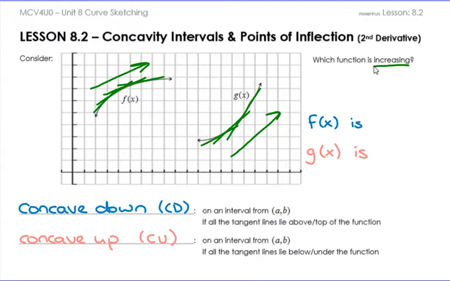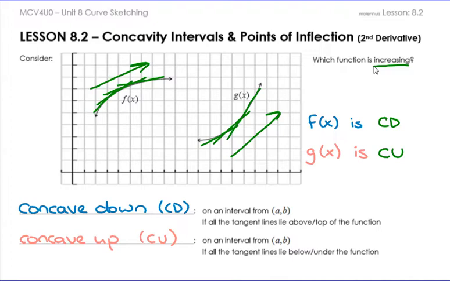But it seems like she wants to make a point about something. They look kind of different, don't they? How can they both be increasing, but have different shapes? Well, that's because f of x is something that we call concave down, whereas g of x is something that we call concave up. Concave down and concave up are defined below, but basically f of x is